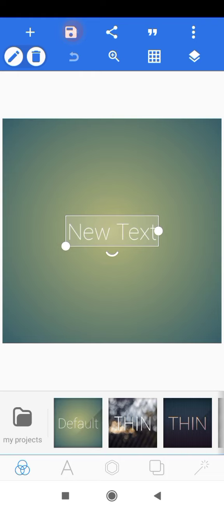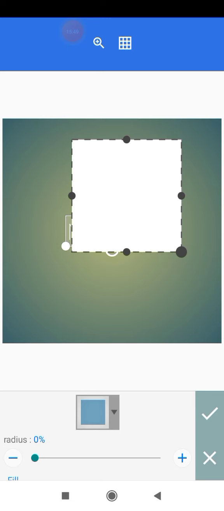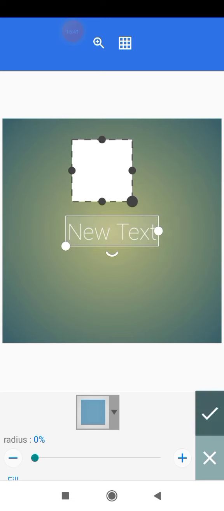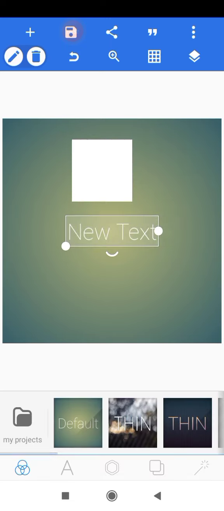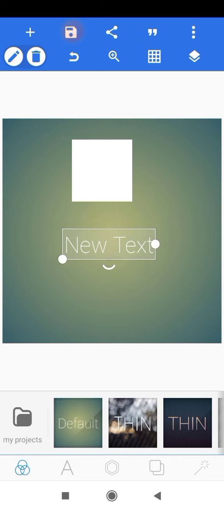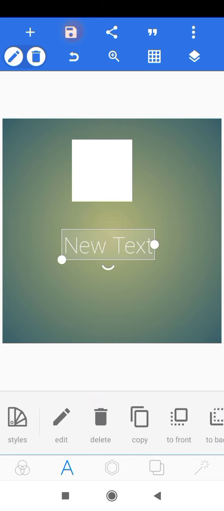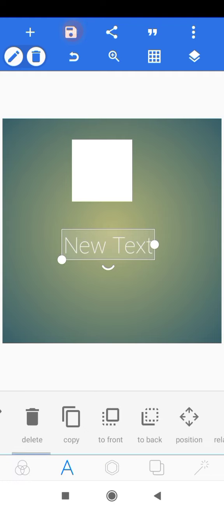So the next thing we have here is these options here, right? So in Pixellab we have options for text and we have options for shape. So let me add a shape as well so that we'll have the two together. So this is a shape and this is a text, right? So when you want to edit a text on Pixellab, you simply select the A icon here, and you can see there are several other